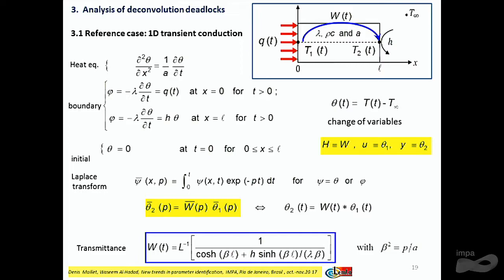You Laplace transform the problem, and what is nice is that you get an analytical expression for the operational transfer function in the Laplace domain, which is given here. You have the H coefficient, the thickness L of the slab, the Laplace parameter and the thermal diffusivity. You have hyperbolic sine and cosine functions in the solution.